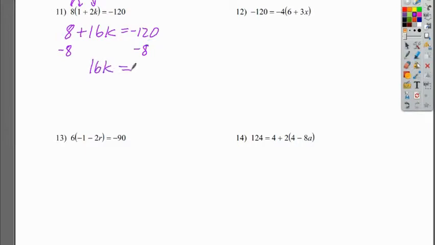Subtract 8 from both sides. We're left with 16k equals negative 128. And then we'll divide both sides by 16, being careful to remember that a negative divided by a positive is going to give us a negative. So our final solution is